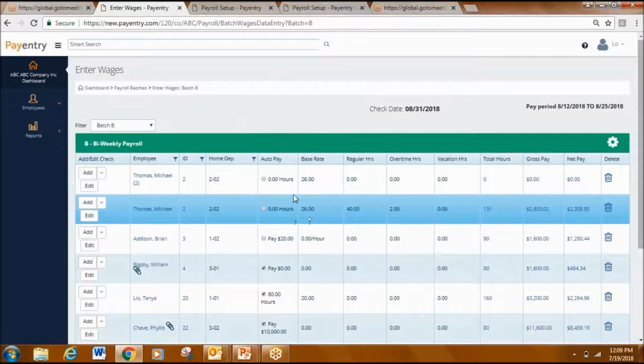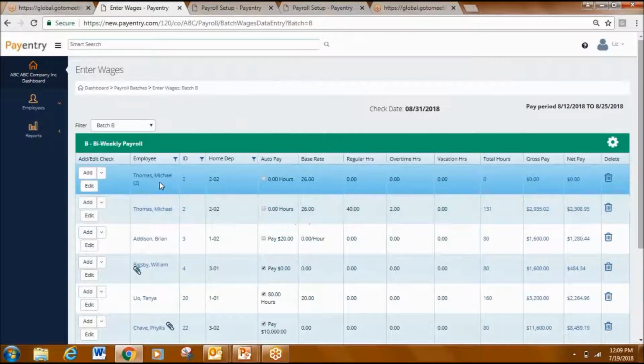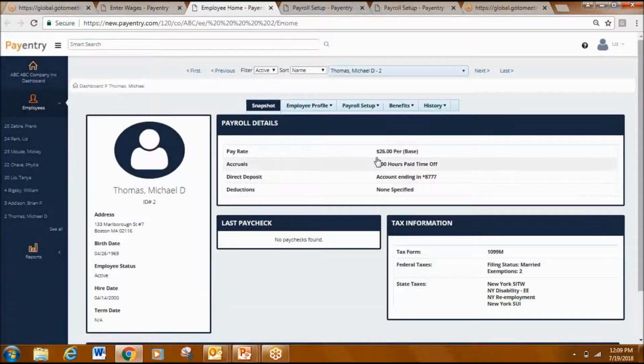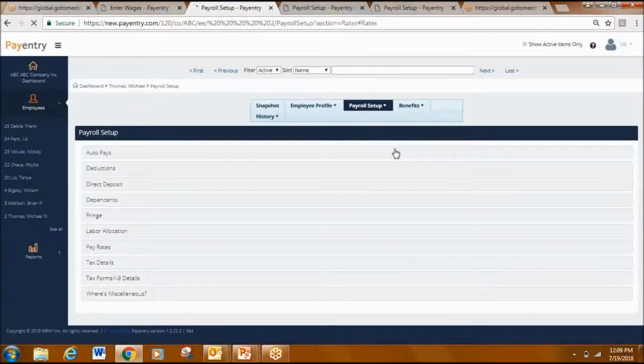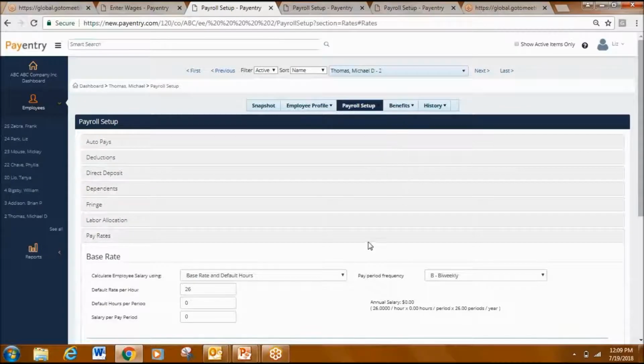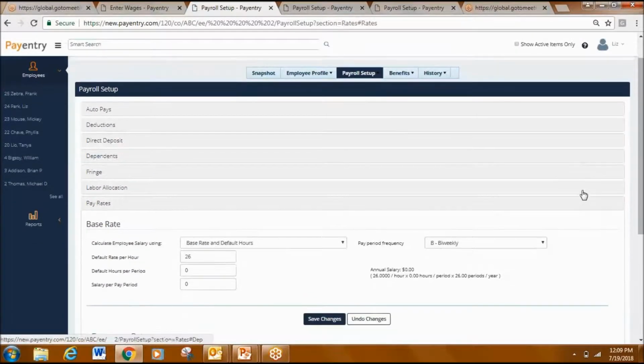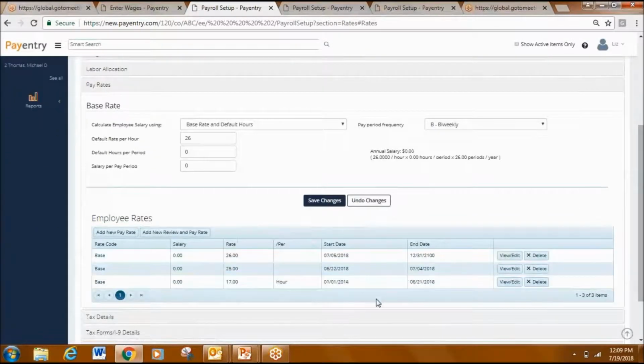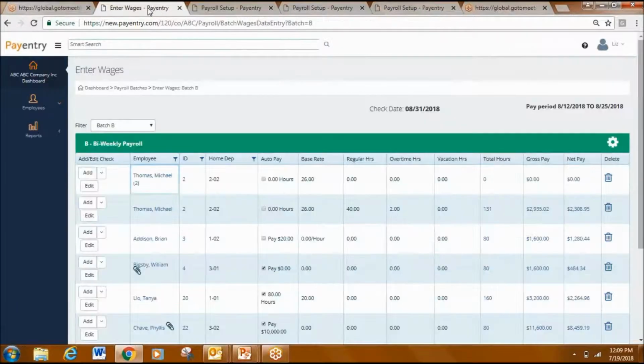Also, if you decide the hourly rate is not correct, simply clicking on the employee's name takes you right to that snapshot view. Click on pay rate. You can then scroll down, make your changes and save, and go right back to your payroll entry. So no more having to get all the way out of the system, going back into employees and then back